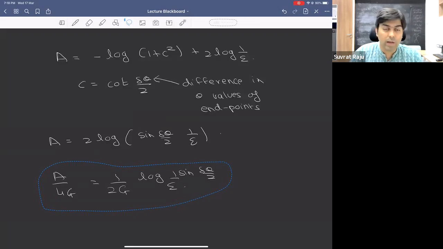There is this 1 over epsilon. And as you can guess, that is going to go into a definition of a UV cutoff in the CFT. And then there is a 1 over 2G. That 1 over 2G, it is well known, and one of the first things we learn about AdS/CFT is that the central charge, so let's call this C_n just to differentiate it from the C that we had earlier, which is the central charge of the CFT,